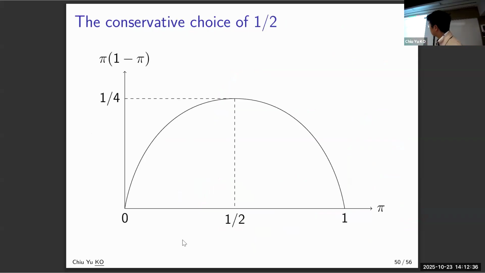The best case is 1/2 and the worst case is 1/4, right? This is the math, because when pi is 0, pi times (1 minus pi) is 0. When pi is 1, this is also 0. And it's increasing and then decreasing. It's like